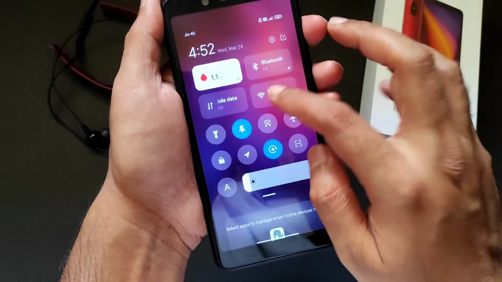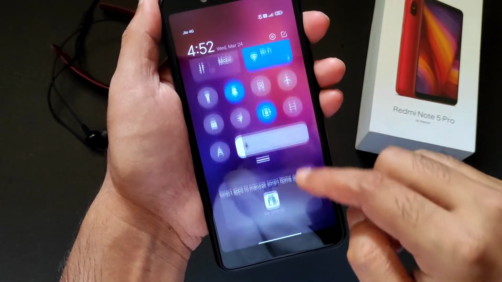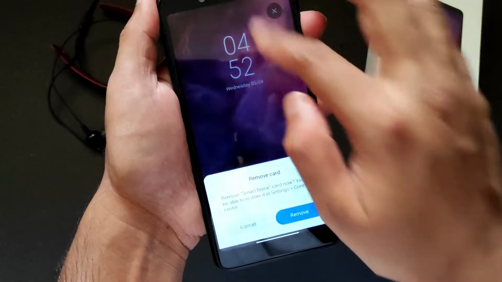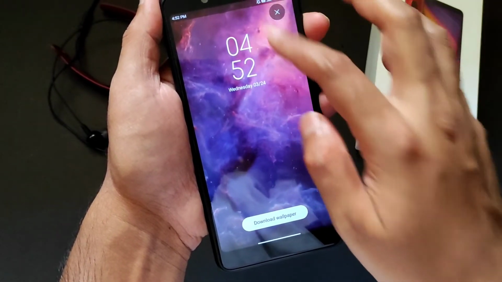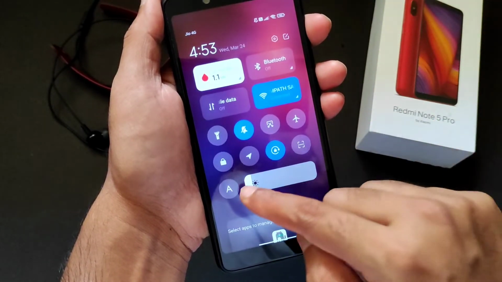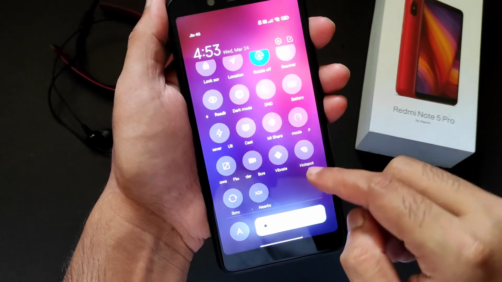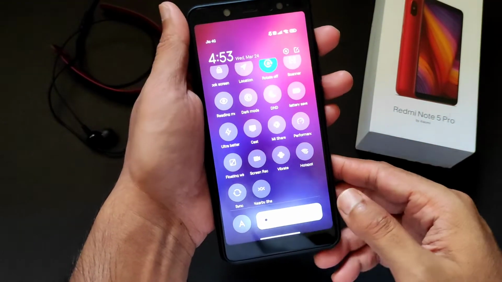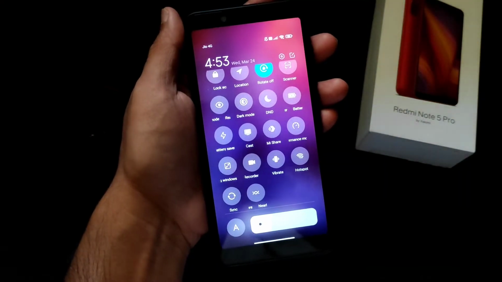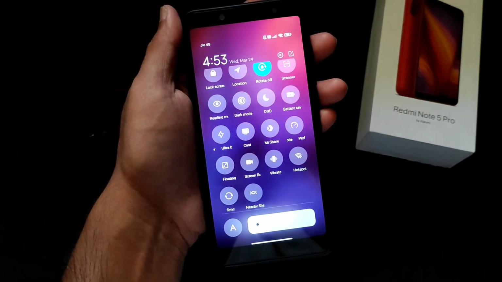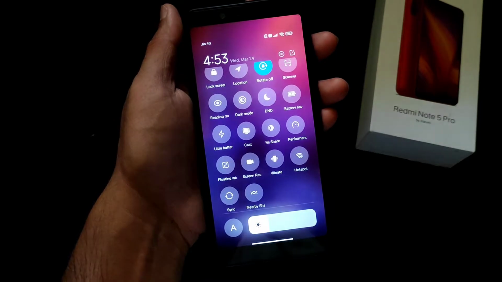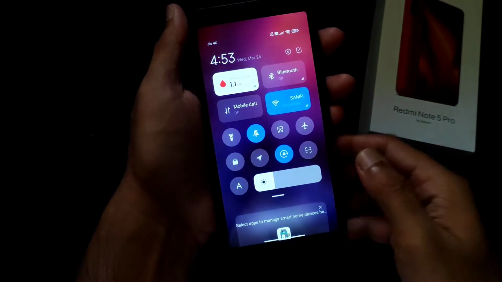Let me turn on the Wi-Fi connection. And this is how it works. As you can see on the quick settings panel, the new control center is also working fine here, no problem. Let me adjust the brightness. Okay.